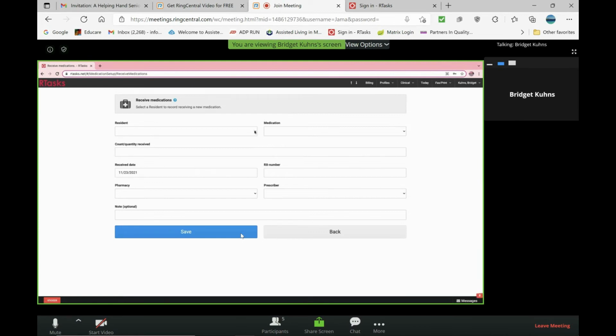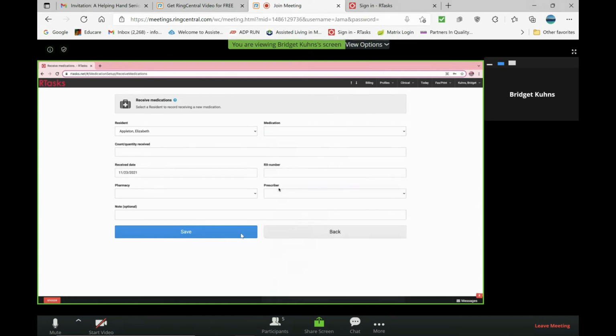If you guys get yours all in a bubble pack, correct? You're working on getting that? Yes. So I would encourage you to, well, it's up to you, but it would probably be easiest if you just counted or documented that you received the medications not in the dosage box. So like if you have an as needed Ativan or as needed Tramadol or something like that, you could